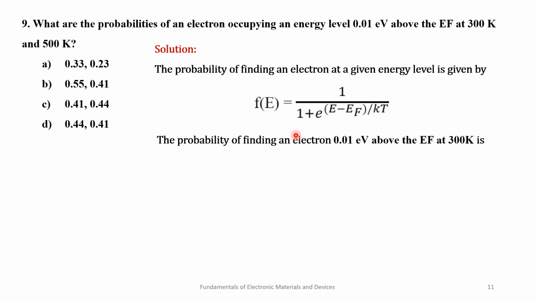So basically we are asked to find the probability of the electron 0.01 electron volts above the Fermi level, at first 300 Kelvin. The only difference here is that I am converting it into joules, and then first we substitute 300, and then in place of 300 we substitute 500 Kelvin. So you should know the Boltzmann's constant value for doing this. Either both of them in SI or both in eV. In SI it will be 1.38 into 10 to the power minus 23.